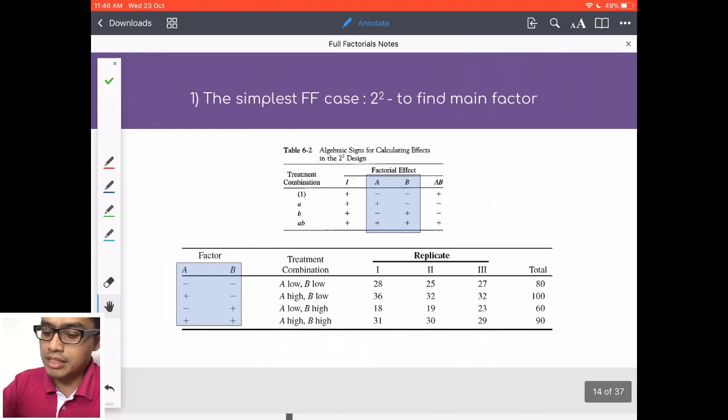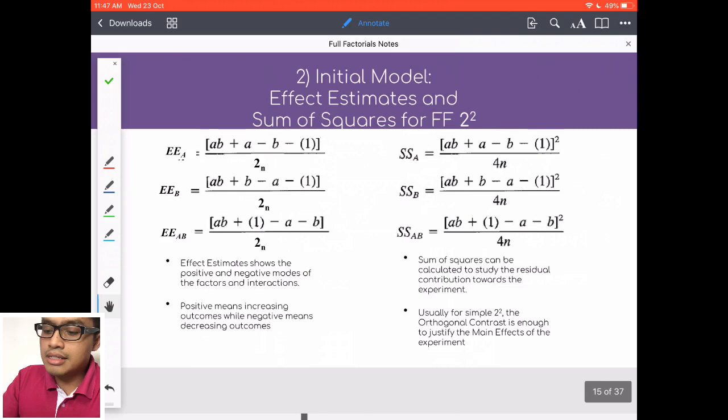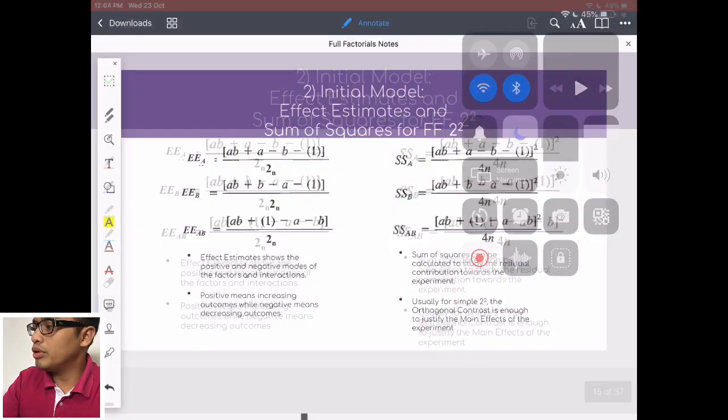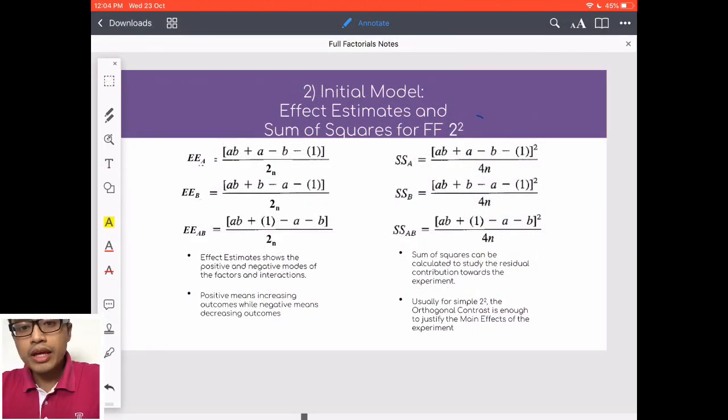Okay. Write this down. So you can find factor A and factor B. This is the equation for 2 to the power of 2. Okay. In full factorial calculation,